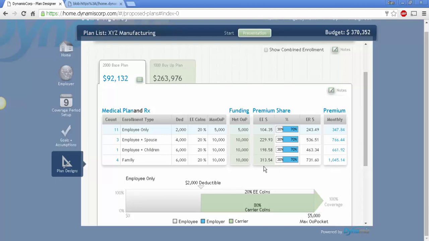So the first column is going to be relative to how much out of pocket they have. What's their financial risk in terms of claims? And right to the right of that is going to be the other way they're impacted financially, how much they actually have to pay for the coverage. So as we go forward, instead of just looking at total cost, we'll be able to see how our plan designs and any changes impact not just the financial impact of the company, but how employees are impacted as